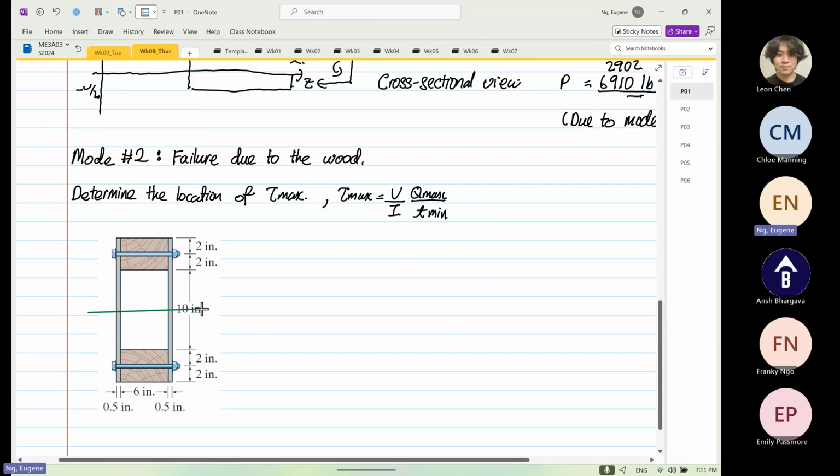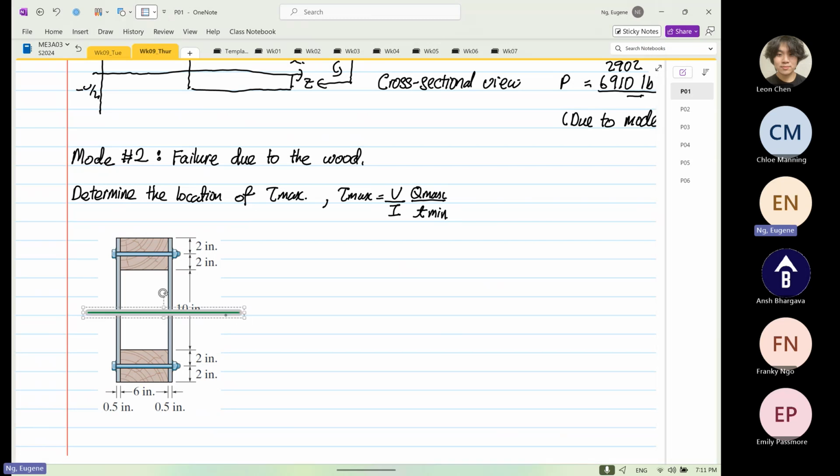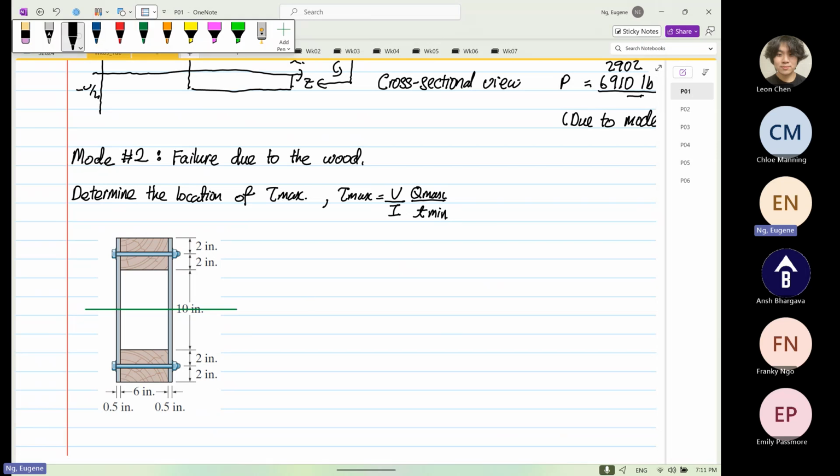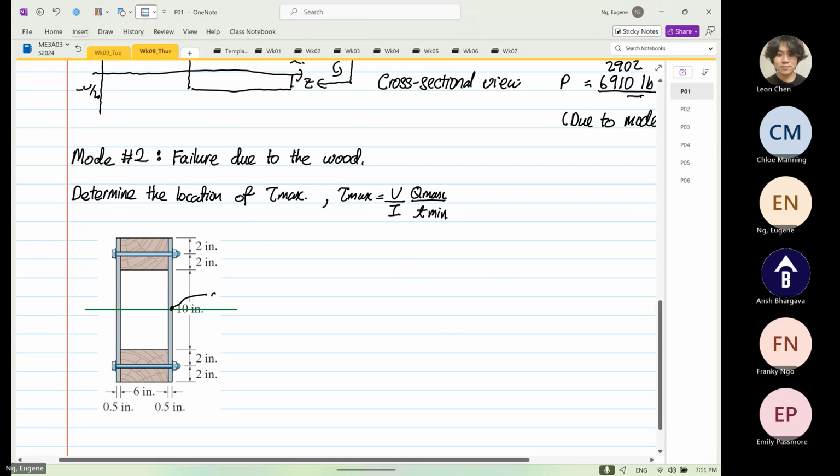So we are aware that this is the centroid, and I'm going to call this position C. So we realize at point C, Q is max and t is also at its minimum. So we know that the maximum shear